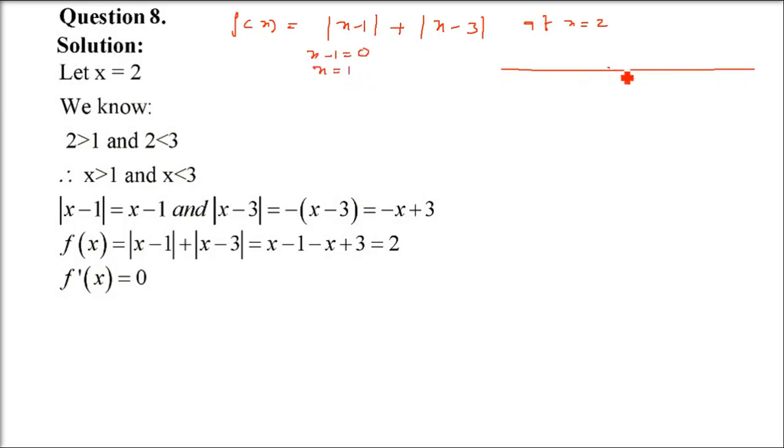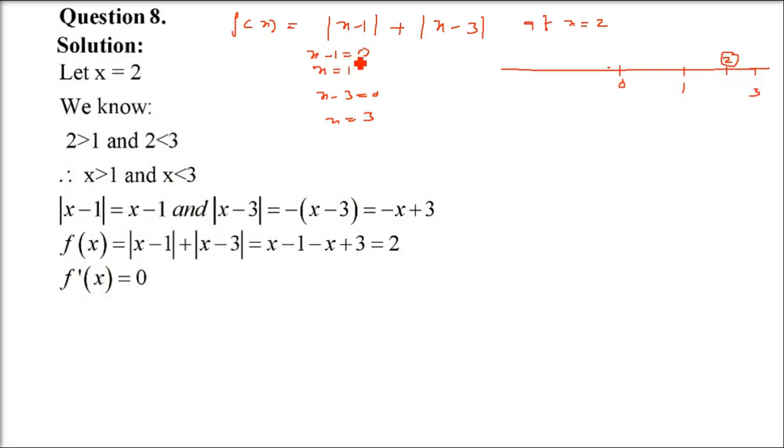If you want the critical point, just put x minus 1 equals 0, so x is 1. Similarly x minus 3 equals 0, so x equals 3. This is another critical point. Before and after these points, x minus 3 will give you something, and the same for x minus 1. So x equals 2 is in between 1 and 3, as already given in the question. The best thing I suggest is always put this 2 here and see what is going to be positive and what is going to be negative.